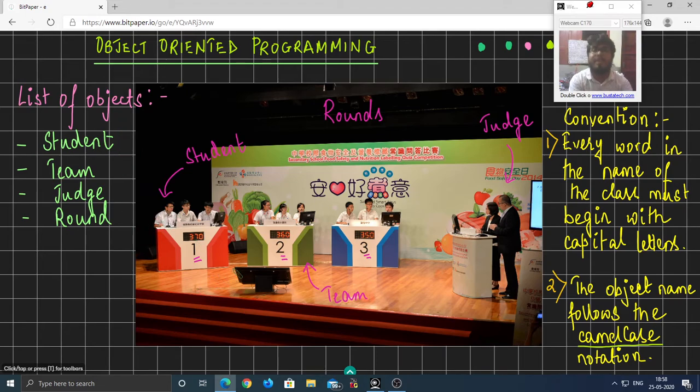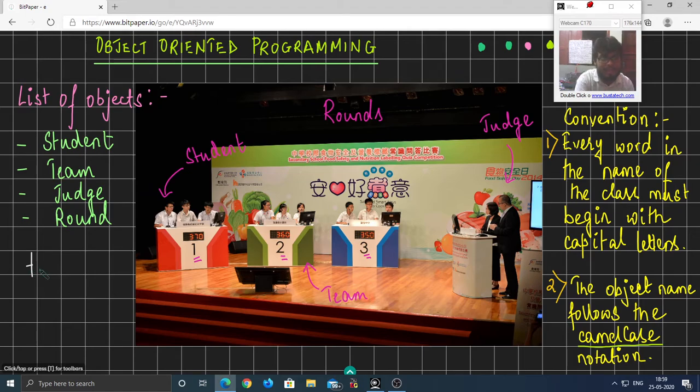Okay. Now, the convention that I'm going to follow while writing the names of objects or the classes would be as follows. So, for the name of classes, every word in the name of a class would be capitalized. Moreover, there wouldn't be any spaces between the two or more words of a class. Secondly, the names of objects would follow the camel case convention. For example, if you want to name the object, let's say team 1, then the name of the